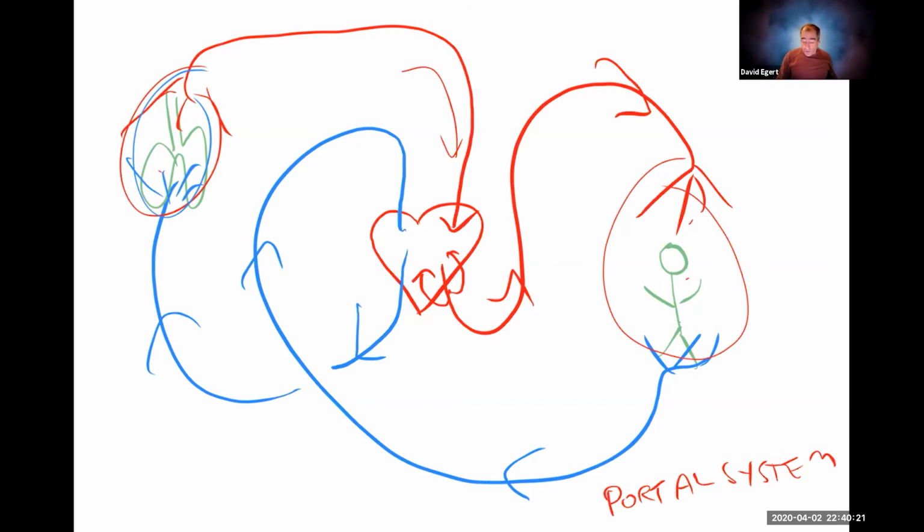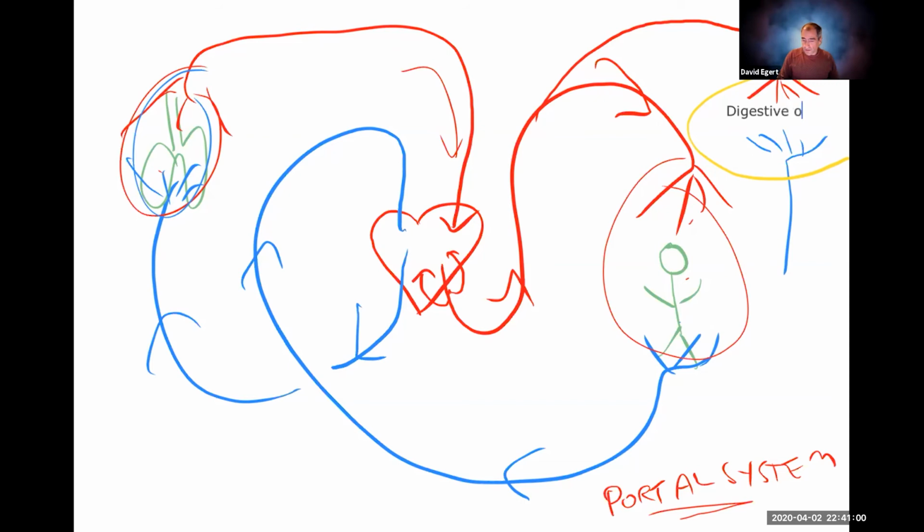One example of a portal system is in your digestive tract. When you absorb your nutrients from your food, that is going to be picked up by the bloodstream. So for instance, you're going to have arteries that feed capillary beds in your digestive organs. So you send blood to the digestive organs,